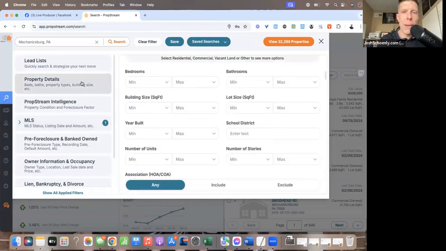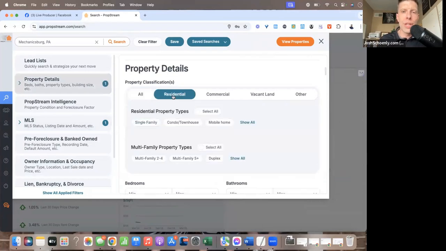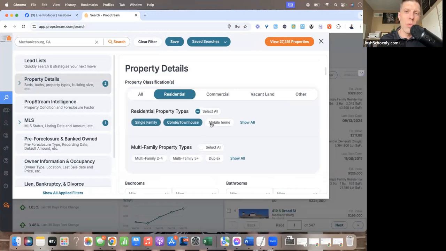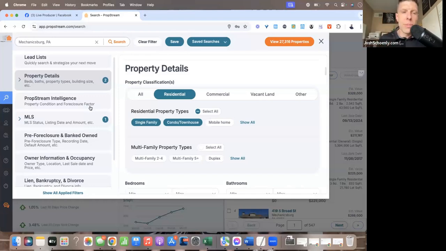Now I'm going to go back up to property details, and we're going to choose residential. And I might also choose single family, condo, townhome, because I don't really want mobile homes. There's not a ton of mobile homes in Mechanicsburg, but there are some. I have experience selling them, but I don't really want to intentionally be marketing to those if I can avoid it. Now, still not going to go to PropStream Intelligence because I want to go down to